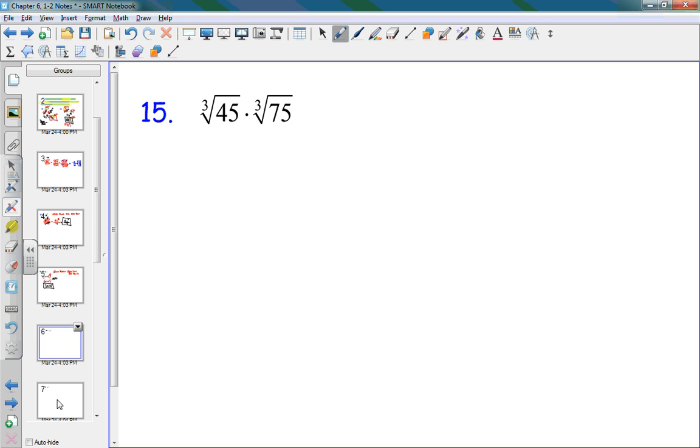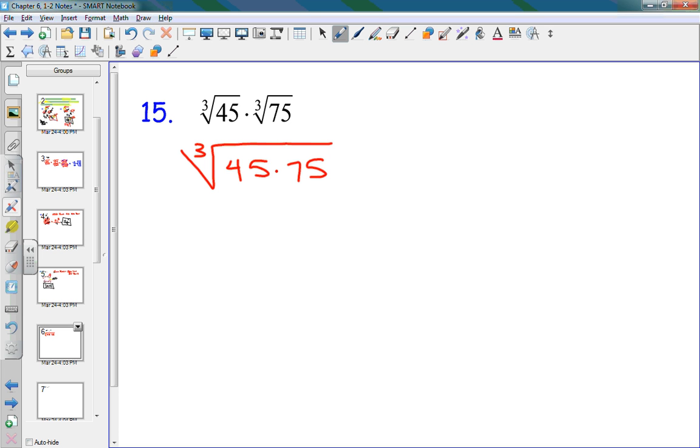Now we're moving into 6.2, where we're basically taking two radicals, and instead of them being married, they are divorced. And now what are we going to do to make them simplify? Probably marry them, right? So these are two that are separated, now we're going to write them together. And the reason why we're writing them together is, are there any